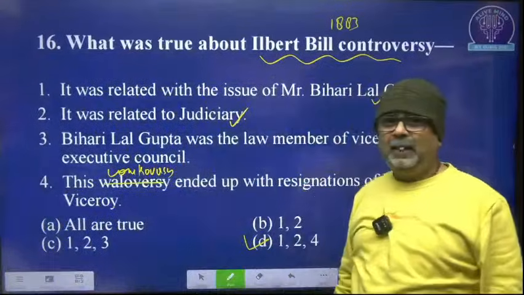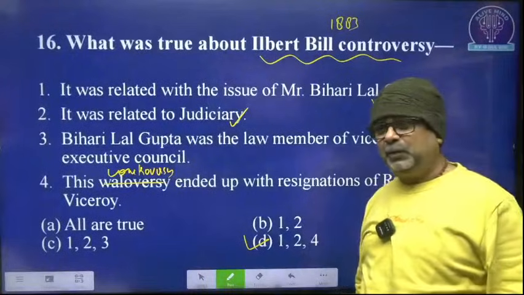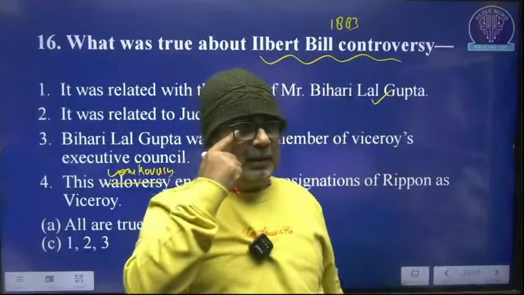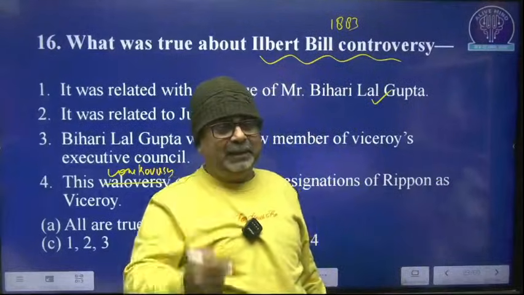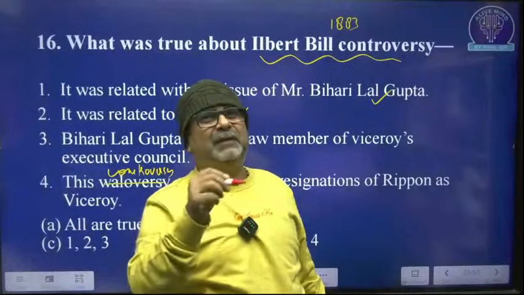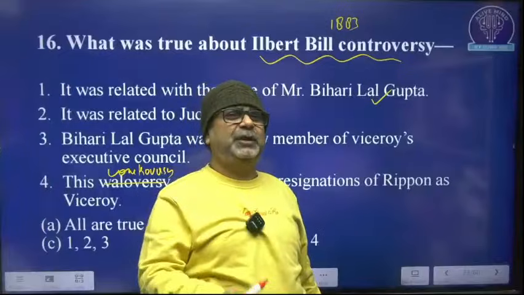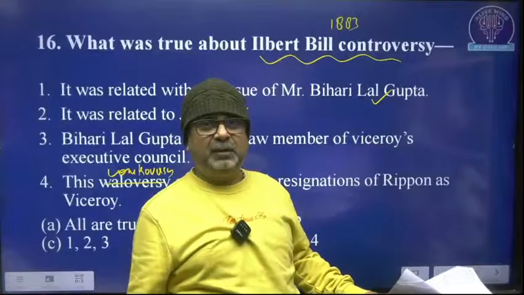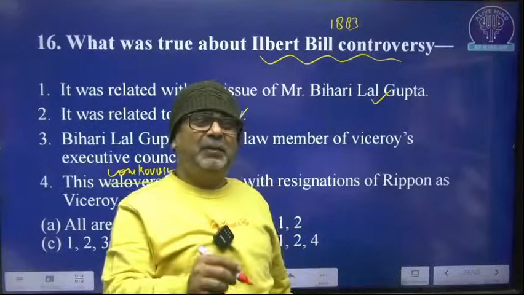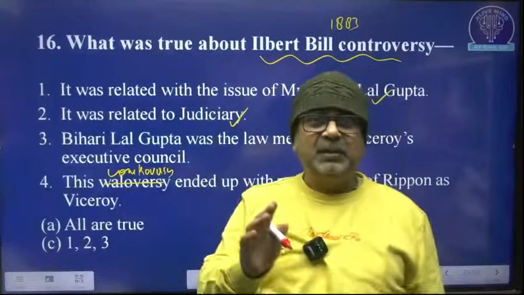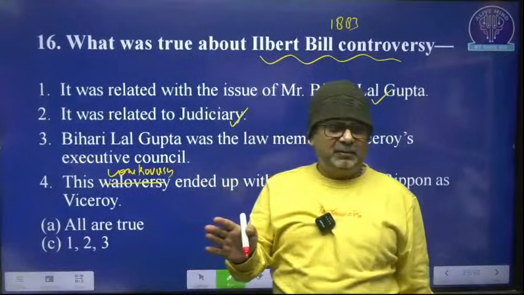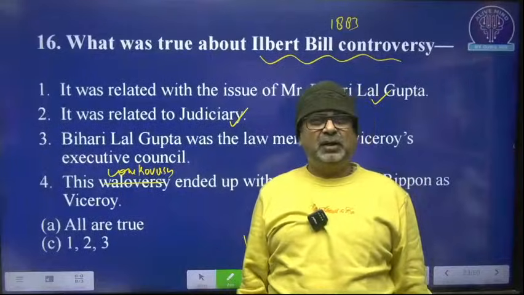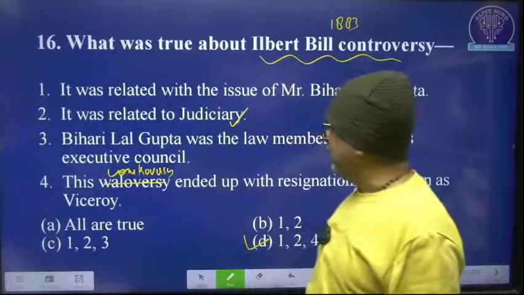So Biharilal Gupta was the judge of lower court, he was promoted to the higher court, but he did not get the right to judge the European offender. There was legal uniformity in India. So he writes to the Lieutenant Governor of Bengal, sir, what is the use of this promotion if my rights are not increasing? The matter was sent to Ripon. Ripon said, very good. And then Ilbert comes out with a bill called Ilbert Bill, which gives equal power to the Indian judges. And this ignited the Europeans in India. And that is called as Ilbert Bill controversy. So 16th, D.